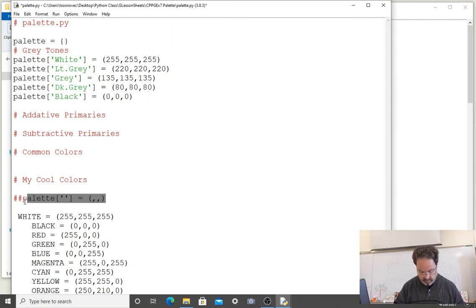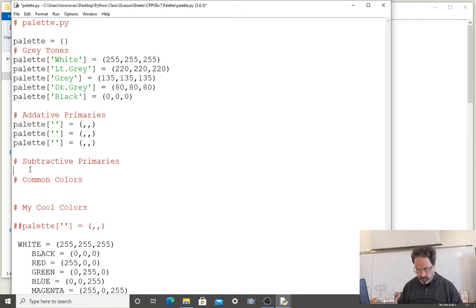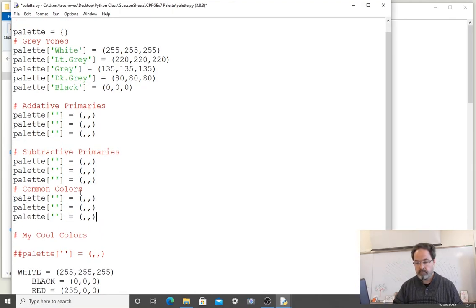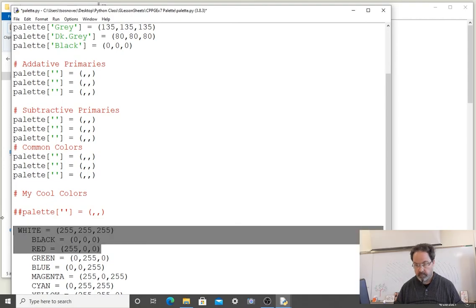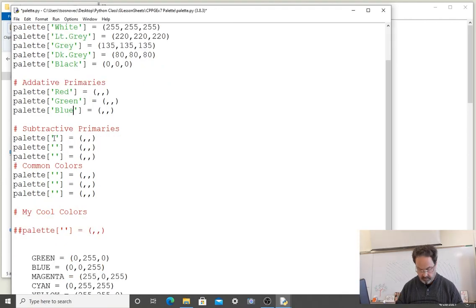I'm going to copy the structure three times for the additive primaries, three for the subtractive primaries, and a few for common colors, and we'll move forward with that. Additive primaries are called red, green, and blue. Subtractive primaries,